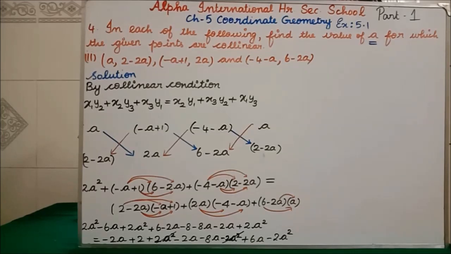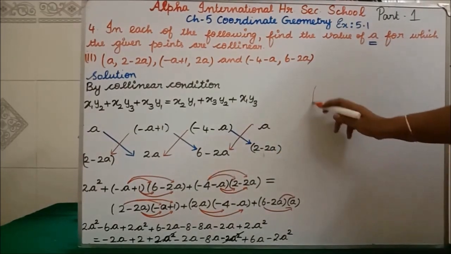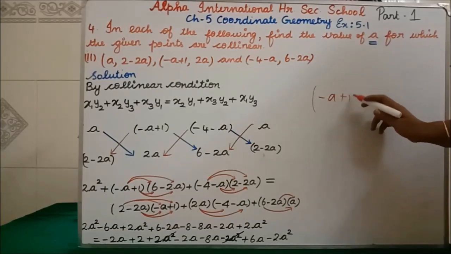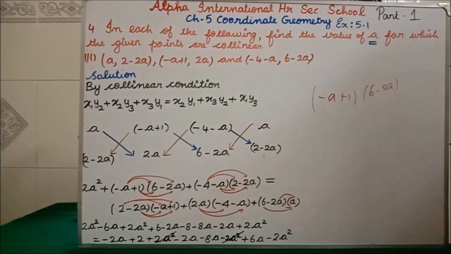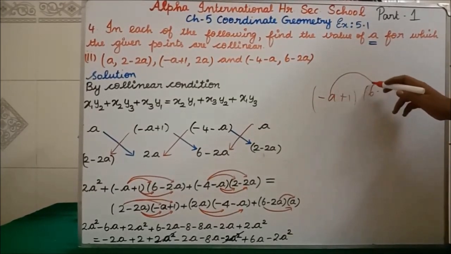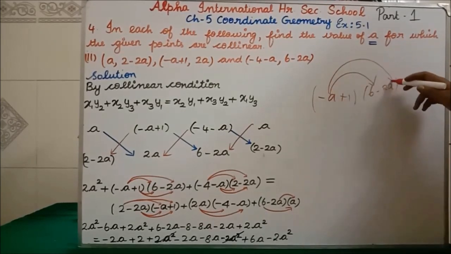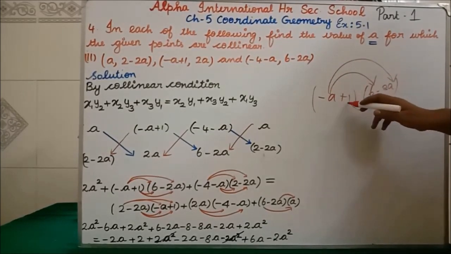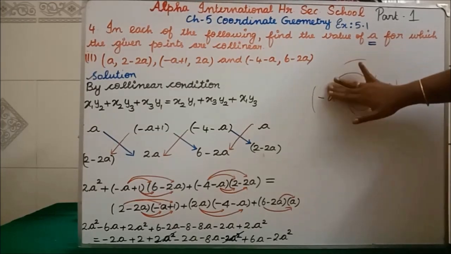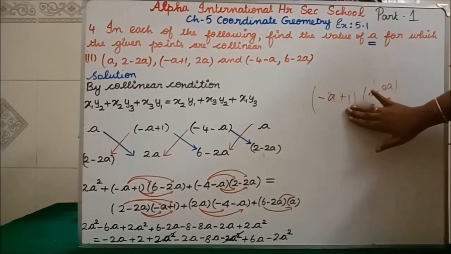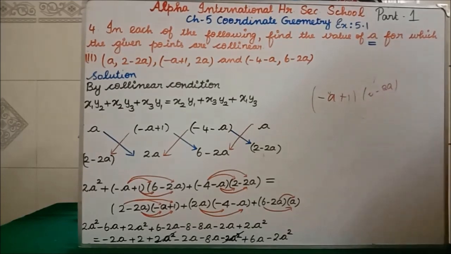Clear? Now you see here minus a plus 1, 6 minus 2a we are having. How we are going to solve that is, I will separately solve a plus 1, here 6 minus 2a we are having. Isn't it? Now first you are going to multiply a with 6, then a with minus 2a, then 1 into 6, then 1 into minus 2a you are going to do. Clear? Now don't draw the arrow mark first itself. For your understanding I have drawn here. You no need to draw in the first itself. Now I will explain with each step.